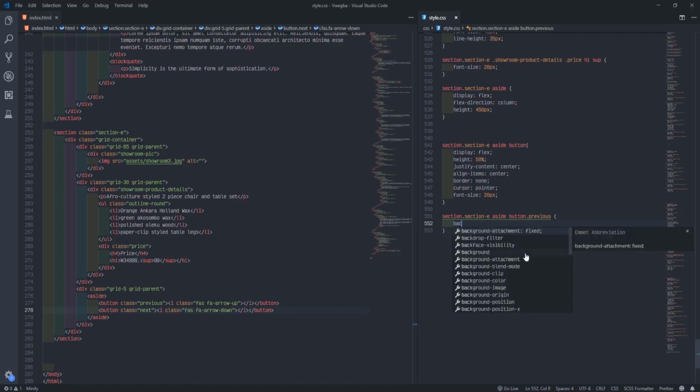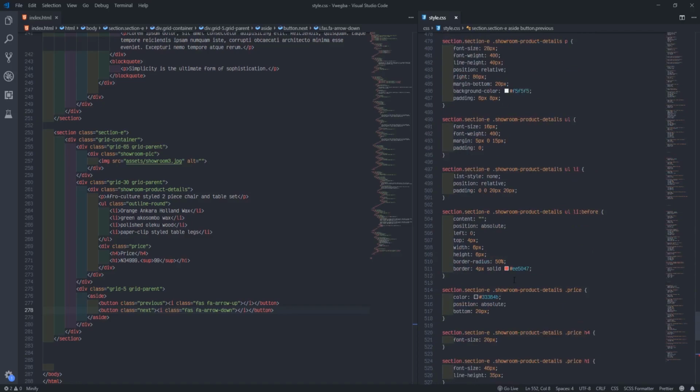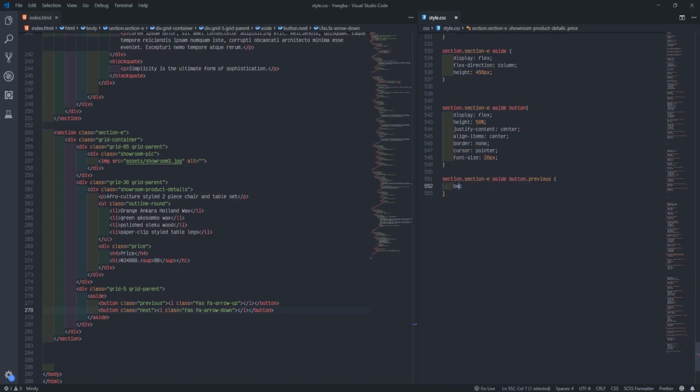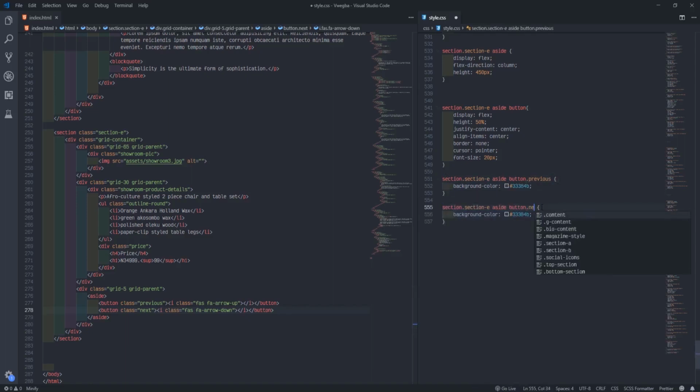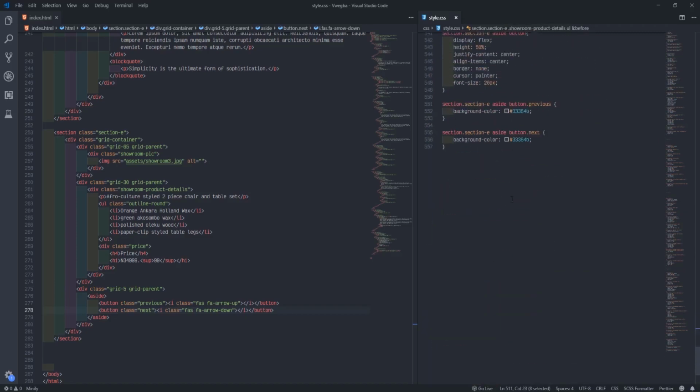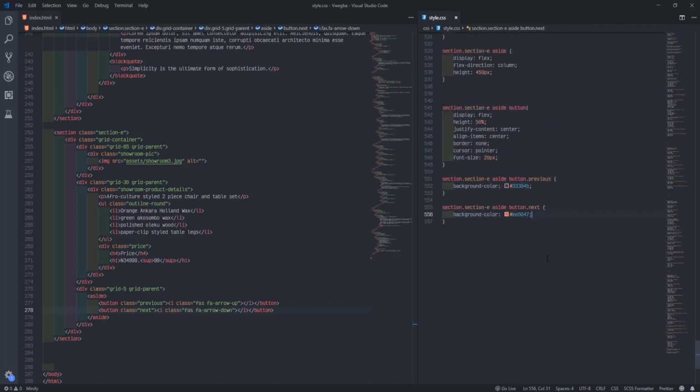Previous background color will be that blue we used before. Then we'll target next, and next could be shocking pink.